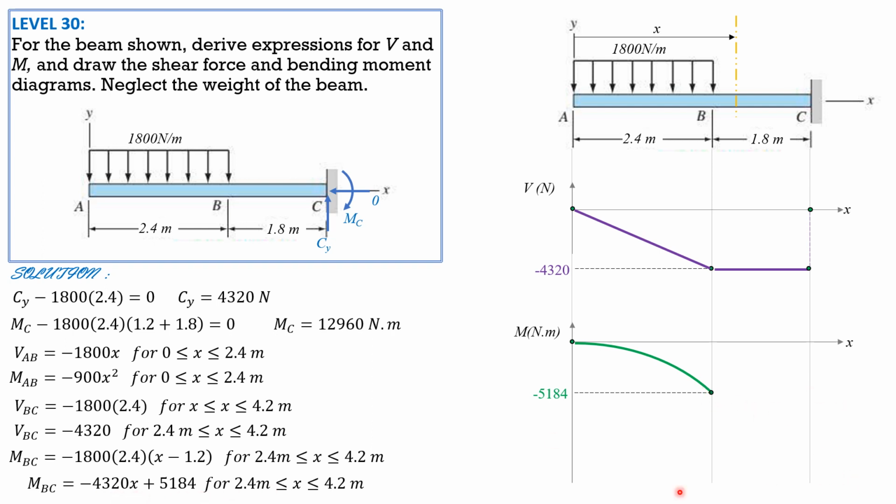So it is concave downward again. It is a straight line, sorry, because this represents a straight line with negative slope. And the value here is negative 12,960 because this is 12,960, so it's correct. So that's the moment diagram, and I hope that you